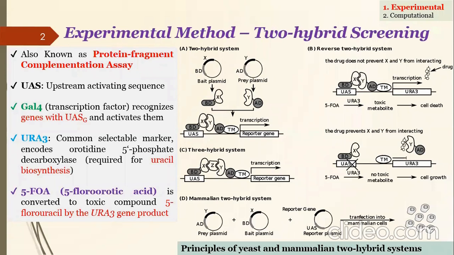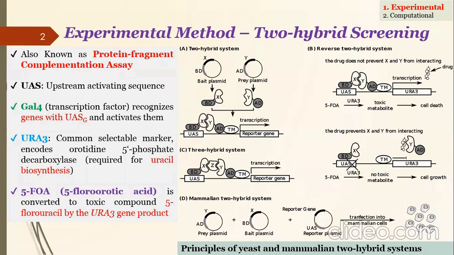URA3 एक सिलेक्टेबल मार्कर के तौर पर काम करता है, जिसका काम एंजाइम को इनकोड करना है, जो कि ऑरोटिडीन 5-फॉस्फेट डीकार्बोक्सिलेज है। और उसका काम ये है कि वह 5-फ्लोरोऑरोटिक एसिड को टॉक्सिक मेटाबोलाइट्स में कन्वर्ट कर देता है और सेल की डेथ कर देता है। अगर सेल की डेथ हो जाए तो इसका मतलब ड्रग की प्रोटीन के साथ कोई इंटरेक्शन नहीं है। लेकिन अगर ड्रग प्रोटीन के साथ इंटरेक्ट कर जाता है तो प्रोटीन खुद आपस में इंटरेक्शन नहीं करेंगी और सेल की डेथ नहीं होगी और सेल की ग्रोथ हो जाएगी।